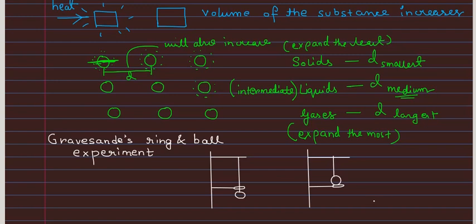The experiment is something like this: you have a stand here. From the upper part of the stand, using a thread, a ball is suspended. The ball is made of iron. The iron ball is held by a string. First of all, we take the iron ball and suspend it freely, and we find that the iron ball easily passes through the hole in the ring.